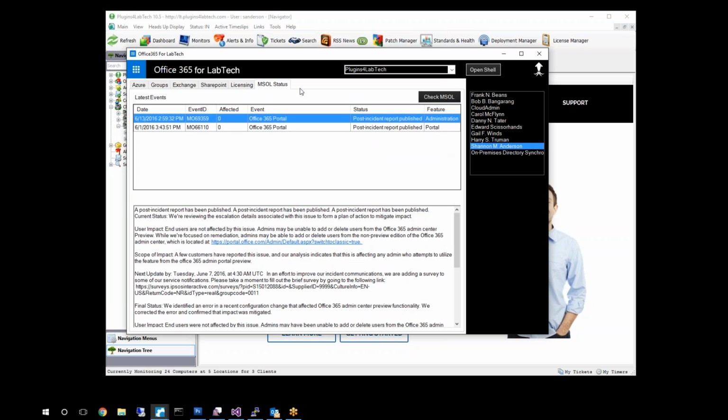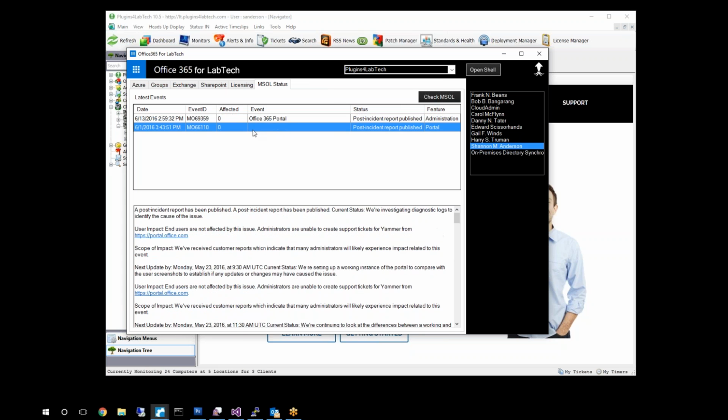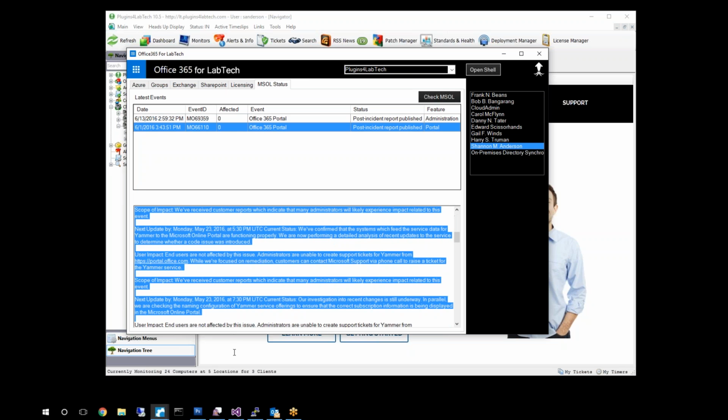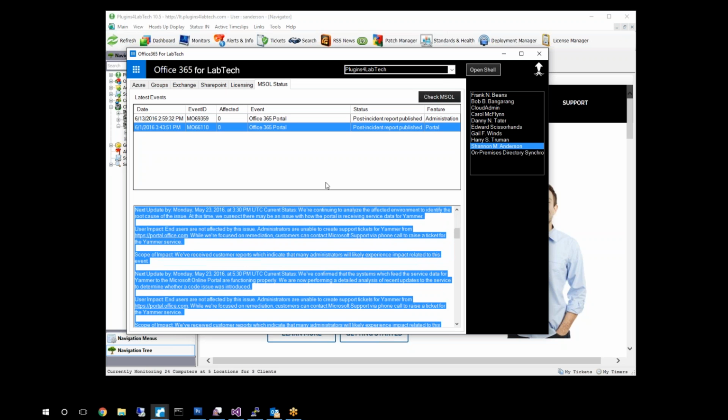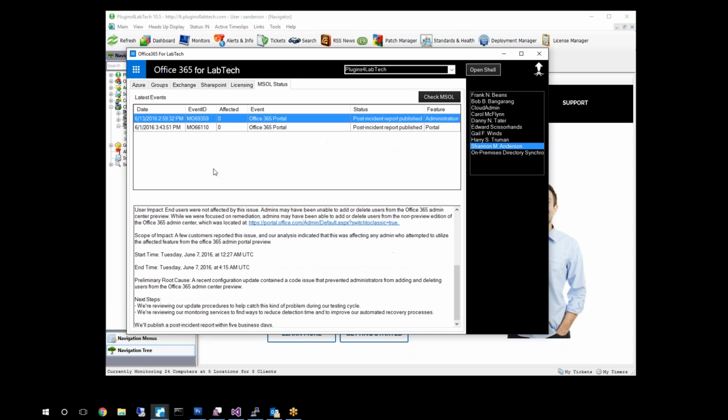MSOL statuses are the statuses provided by Office 365 about its products and services that it's hosting. So you'll notice here that we will get event IDs, date, timestamps, events, and statuses on things that are taking place at Office 365. Select a status, and that status gives you all the notes about that status here,